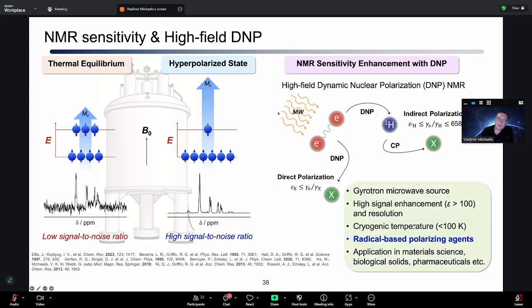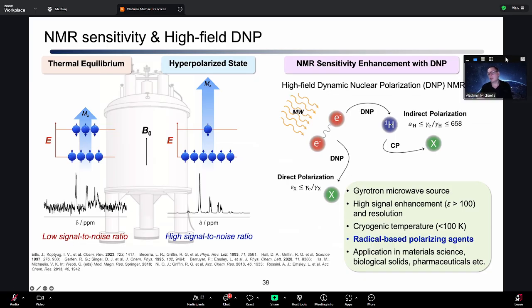So what ends up happening is you have the microwaves irradiating the sample, into which you've introduced some type of paramagnetic component. In this case, it's a biradical. When these microwaves excite the biradical, the electron polarization can transfer to hydrogen. Now, we know proton NMR is pretty easy. Electrons are about 660 times more sensitive than protons. So even if we can only transfer a little bit of this to this, we should get very large sensitivity